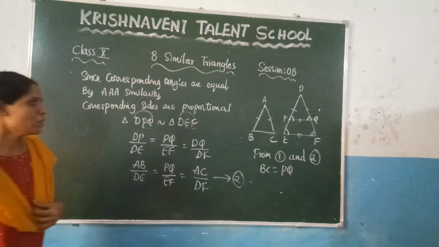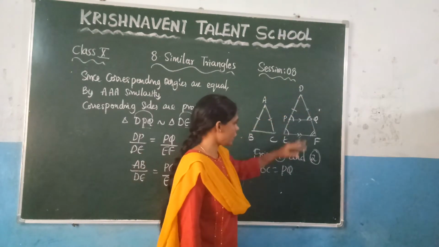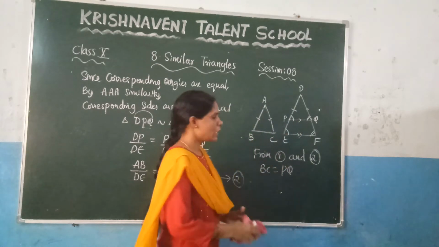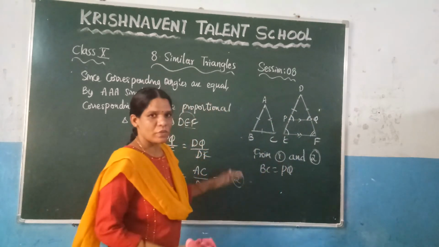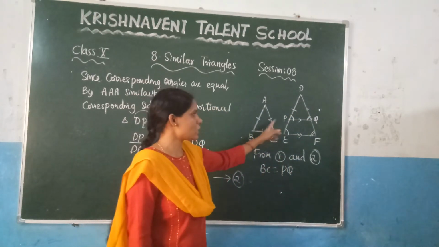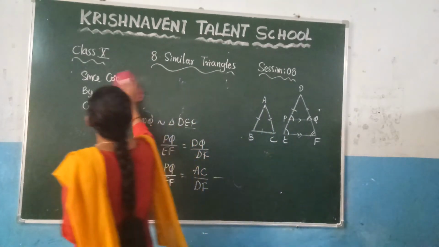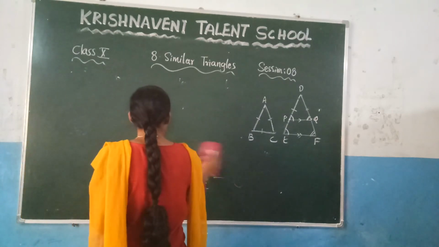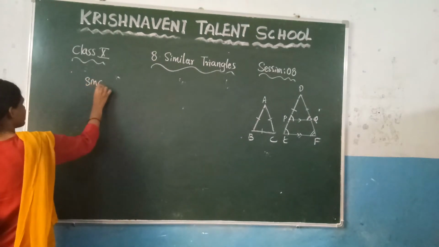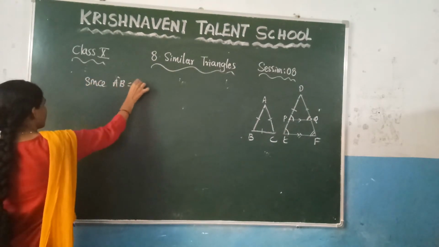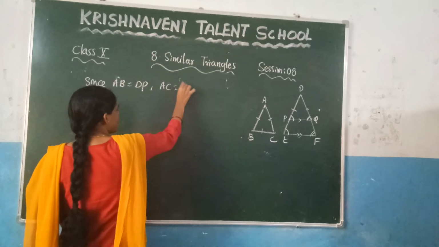So now by our construction, you know that AB is equal to DP and AC is equal to DQ. Just now we have proved BC is equal to EF. That means in this triangle and in this triangle, three sides are equal. So by SSS criterion we can say that these two triangles are congruent. Now write it here. Since AB is equal to DP, this is our construction, and AC is equal to DQ, this is also